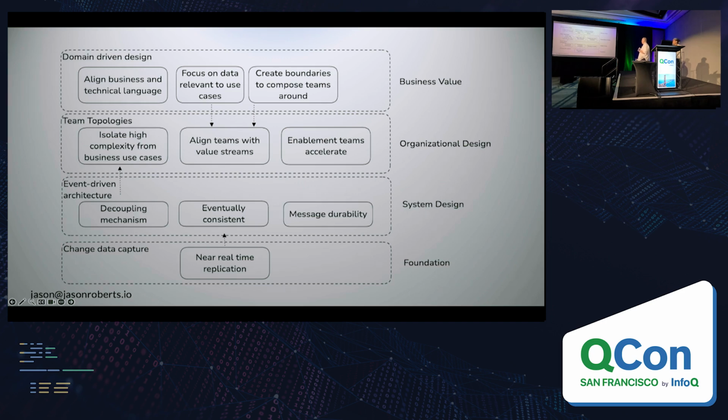Yeah, and these are some of the relationships. This highlights some of the ways that these concepts overlap with each other and complement each other. The fact that domain-driven design gives us the business value and the business language to focus on those use cases, and then we can use team topologies as an organizational design that follows through with that to align those streams with those domains. Team topologies also gives us the complicated subsystem team, which ties into our event-driven architecture by being a decoupling mechanism so that boundaries are clear and the languages of the exchange can be defined concretely.